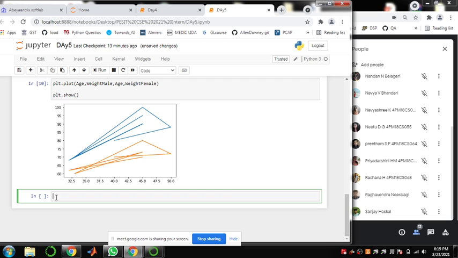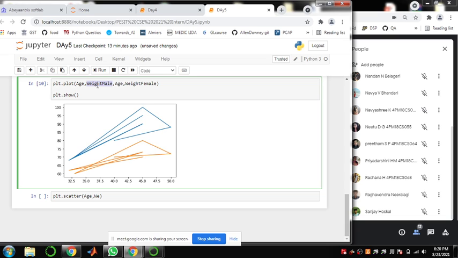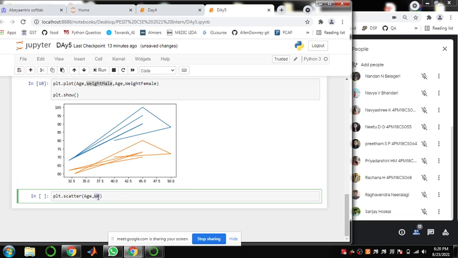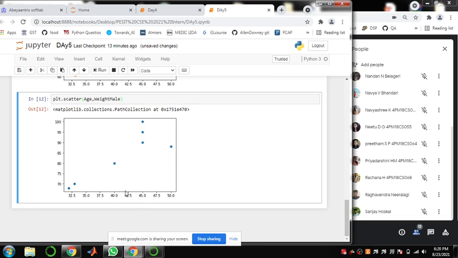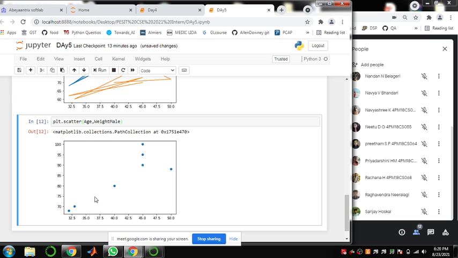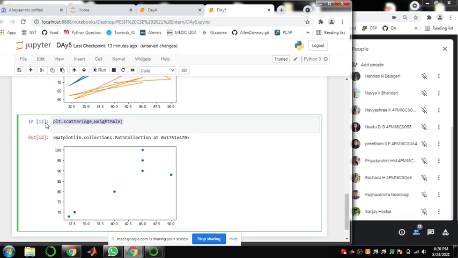Let us do a plt.scatter of age, comma, weight male. It shows the distribution here, and similarly I will apply female.